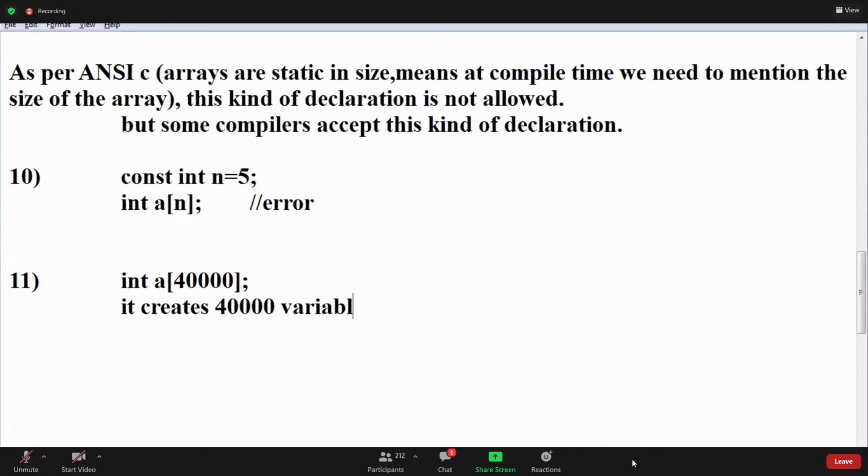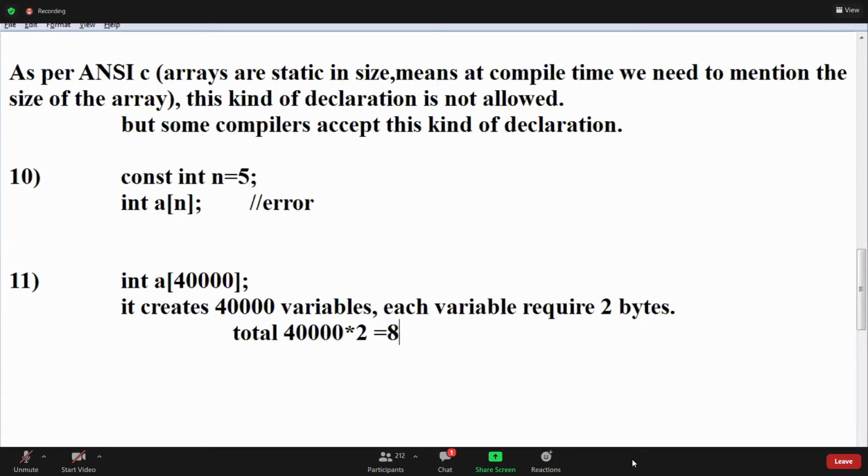Each variable requires 2 bytes, so the total is 40,000 into 2, which is 80,000 bytes required for this kind of allocation. But the stack size is 65,535 bytes only.